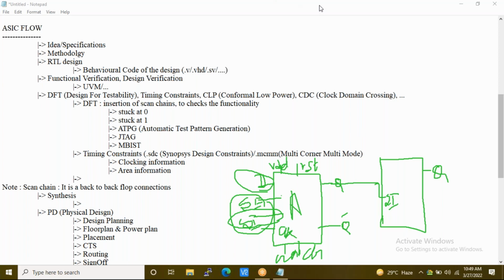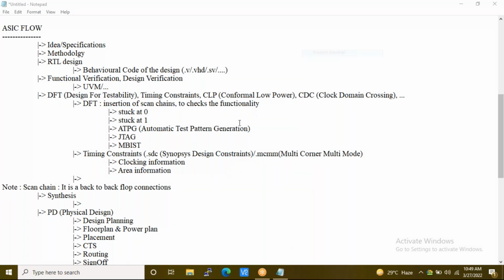Now, moving to the next step, timing constraints, where you will have all your clocking information available. The next is the CLP team, or low power.